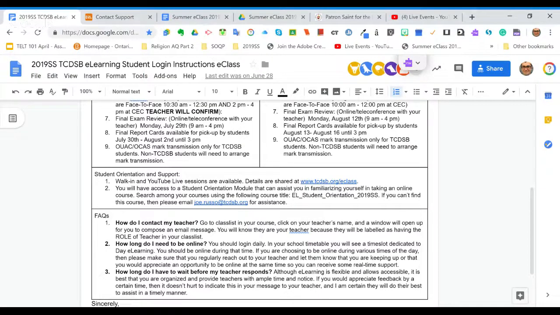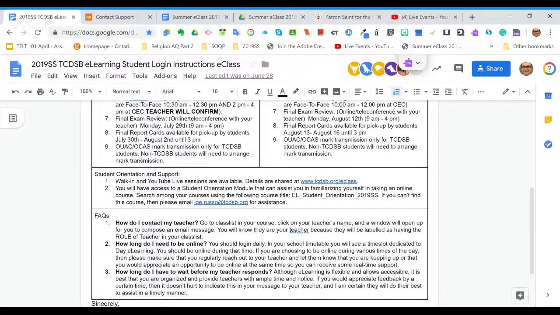But if your teacher announces that they're going to be online between 10 and 12, try to organize your schedule to be online at the same time in case you have questions, because they may be able to answer through the instant chat possibilities within the platform, or they might email you back right away. It depends on what your teacher is sharing in terms of their own schedule.